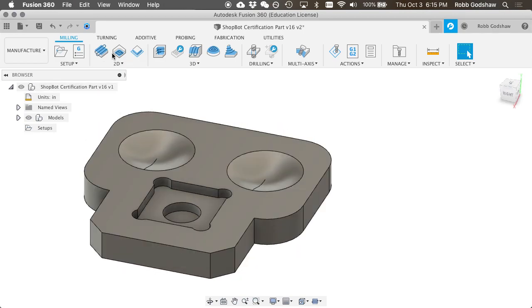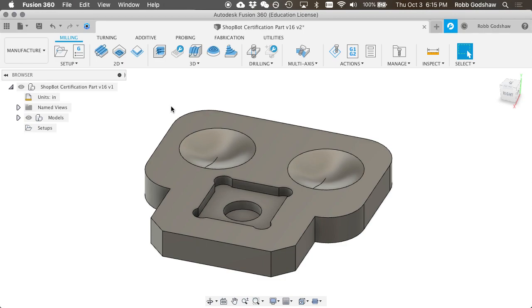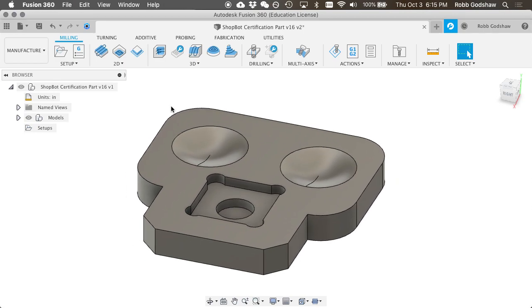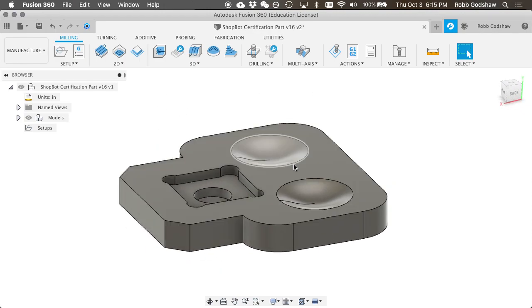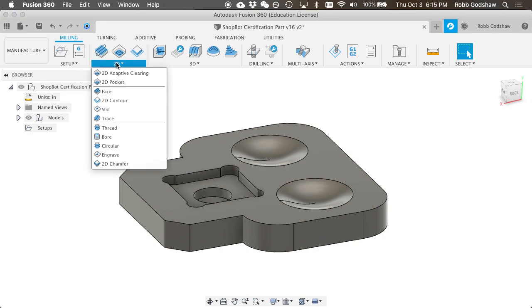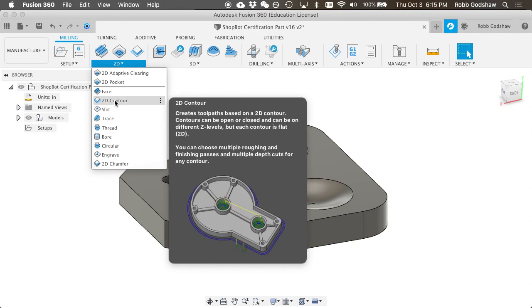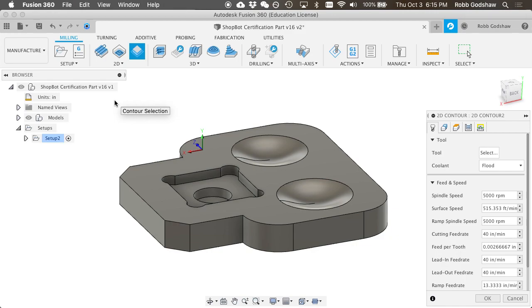And you see all these different options in the ribbon. And these are different types of tactics, of strategies, that the CNC machine can use to remove material, to carve down material. In this case, our material is going to be plywood, and we're going to be carving this out. But let's say I want to do a 2D operation. The 2D contour operation is one of the simplest and most commonly used operations. If I click that, it's automatically going to make me a setup